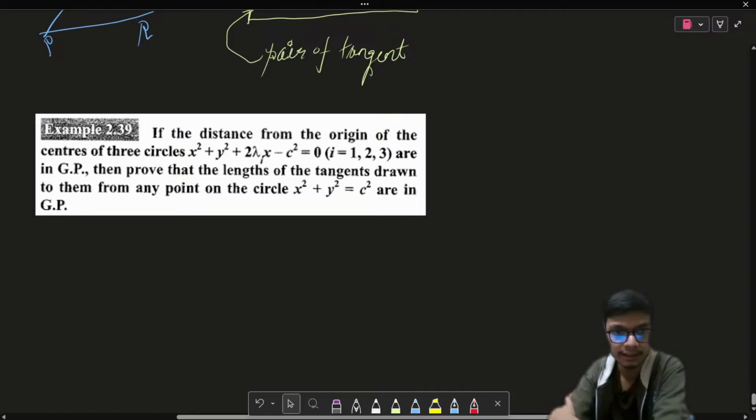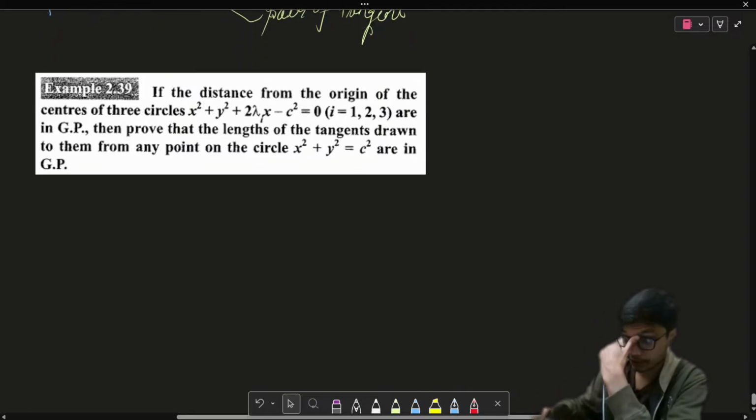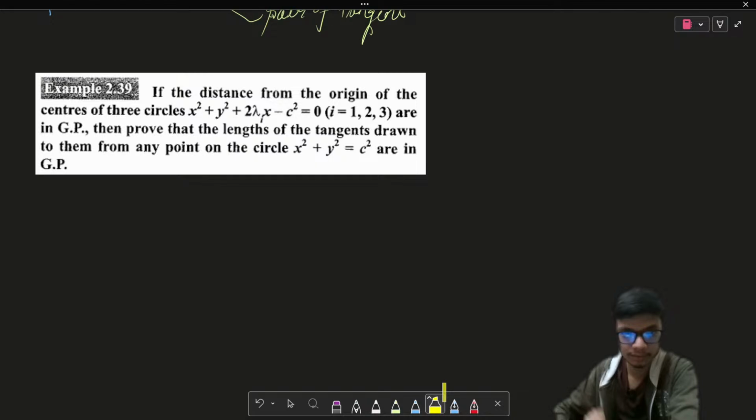So it is said that the distance from the origin of the center of the three circles. Okay, so here they have mentioned three circles whose centers always lie on the x-axis are drawn such that the distances from the origin to the centers of the three circles are always in GP. Then you have to prove that